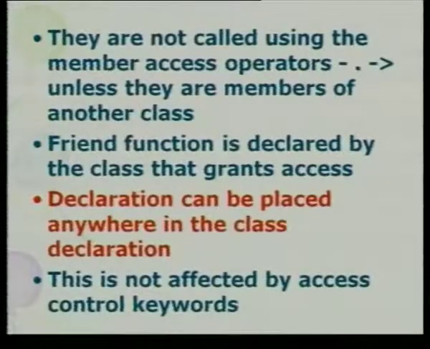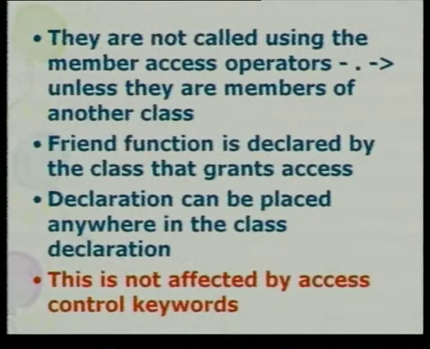Declaration can be placed anywhere in the class declaration. So, anywhere inside the class the declaration can be there. It is not necessary that it has to come right at the beginning like we are declaring the variables and other functions. The friend function can be declared anywhere inside a class. This is not affected by the access control keywords. So, whether you call it private or public or protected, these friend functions alone are not affected by any of these. And these friend functions in certain cases can be accessed by the member access operators dot and arrow mark